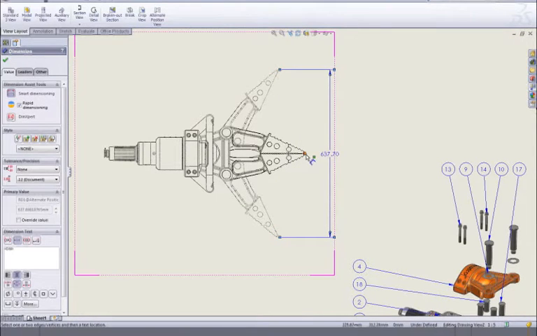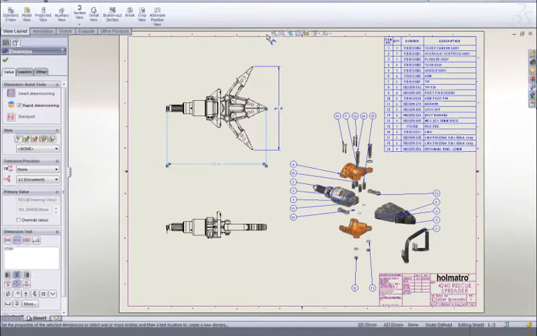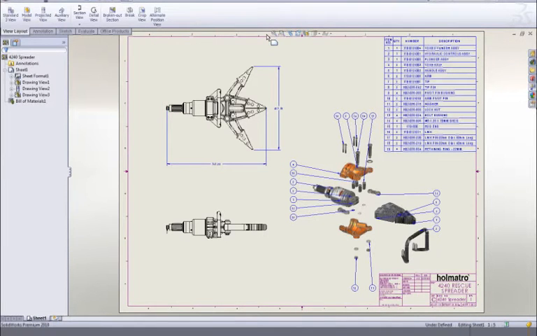We strive to deliver simple but effective tools to help you design better products faster. When you have an idea for a great product, SOLIDWORKS provides the tools to design it in less time and at lower cost. This has been your first look at